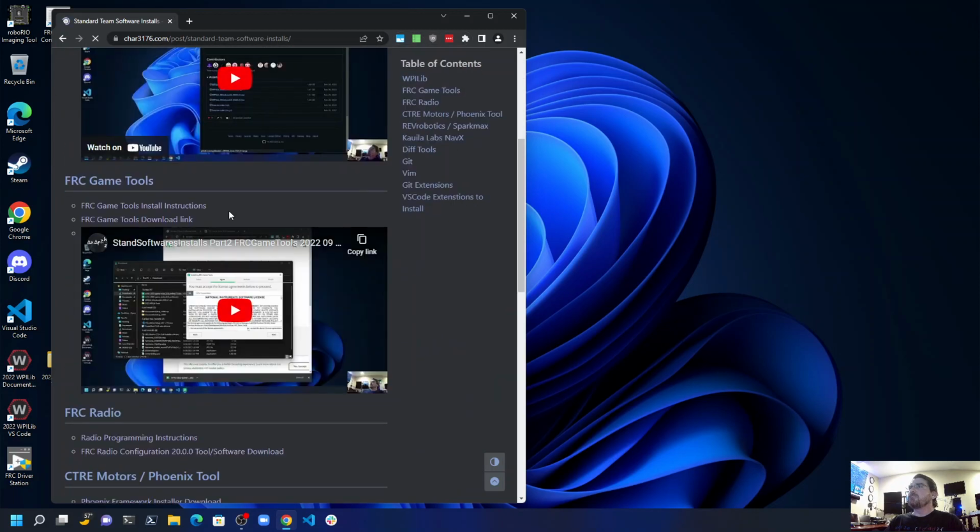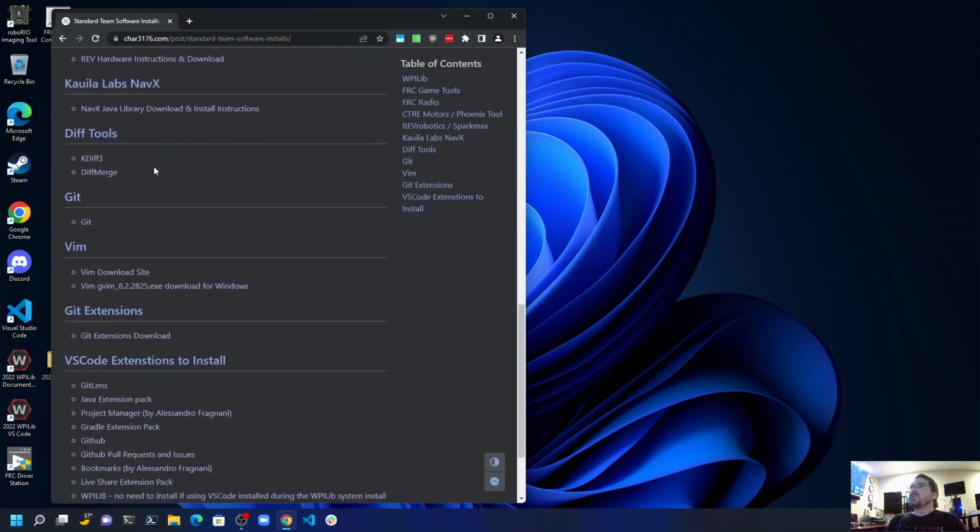Okay, there we go. You want to scroll down to the header that says Diff Tools, and I know there